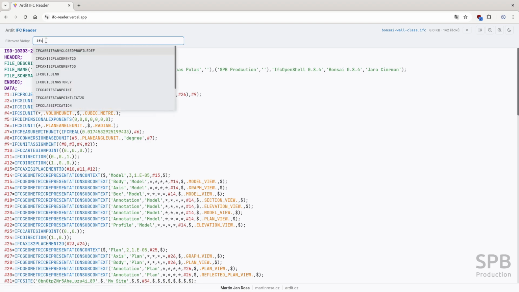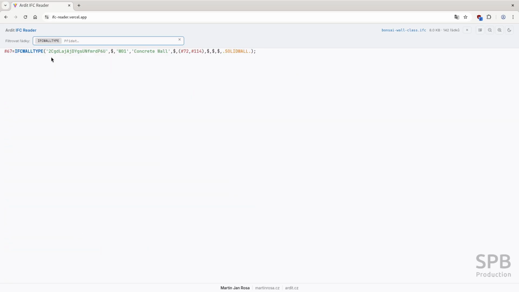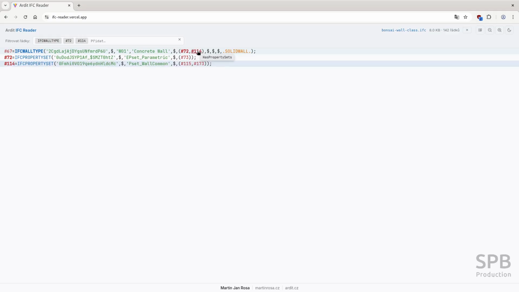So if I look for IFC wall types that I have in my project, I will immediately see that there's only one IFC wall type, and this is the name, and this is the description of the wall type, and it's solid wall. And I can see here that it has two property sets. And if I'm interested in those property sets, I would click this one, and it's added to the filters, and the property set is listed here, so I can see that it's some EPSet parametric property set. And if I click this one, I can see the other property set, and it's Pset wall common, and apparently